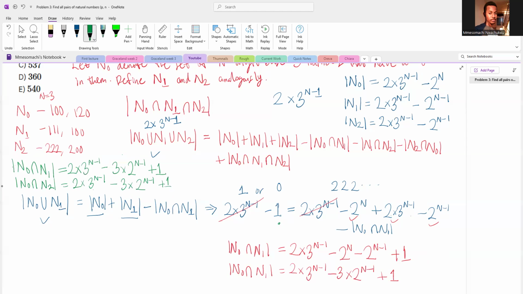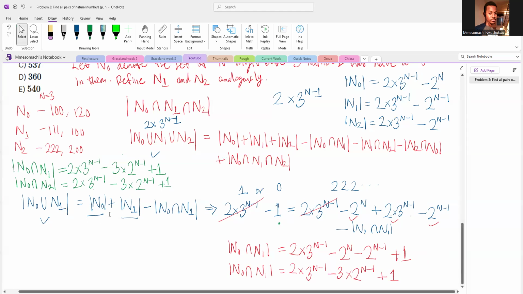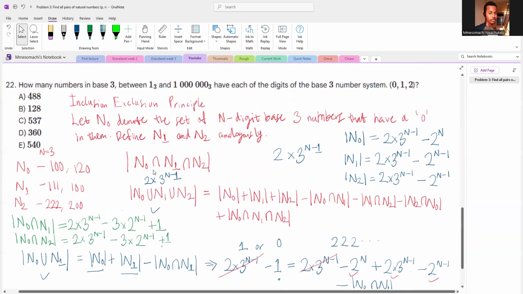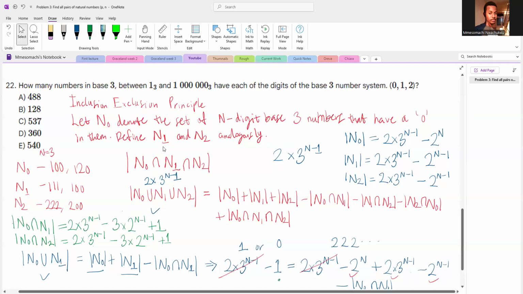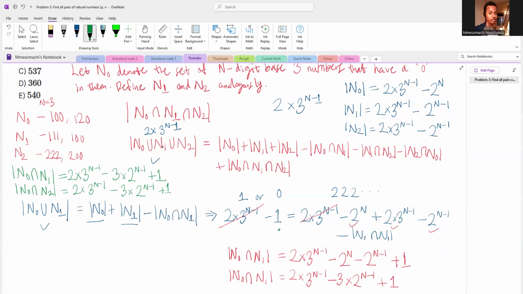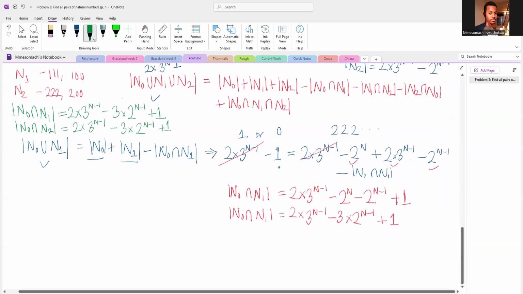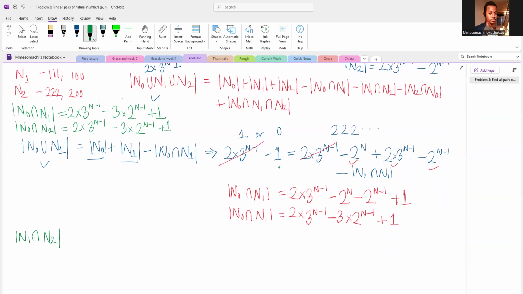Okay. So next we need to find this one, N1 intersect N2. Let me scroll down. So we want to find N1 intersect N2. By the inclusion-exclusion principle, this is equal to N1 plus N2